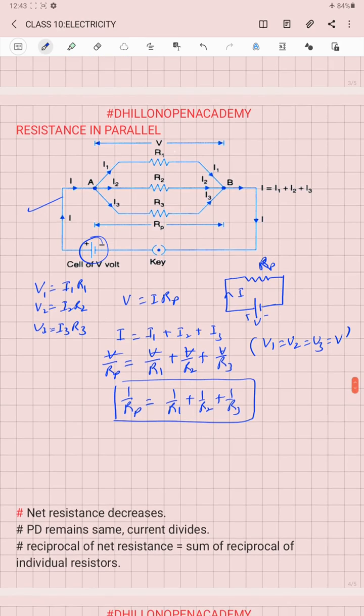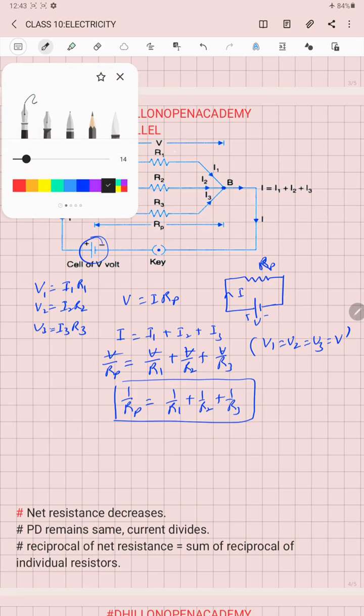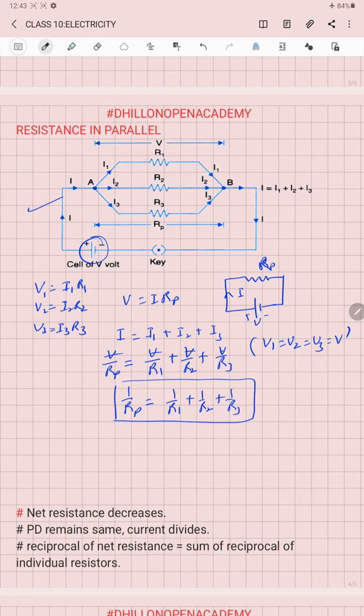So in this case, the net resistance of the circuit is decreasing. Whenever resistances are connected in series, we tend to increase the resistance, but in the case of parallel, they tend to decrease the resistance. So in this case, if three resistances are connected with each other, they are 2 ohm,